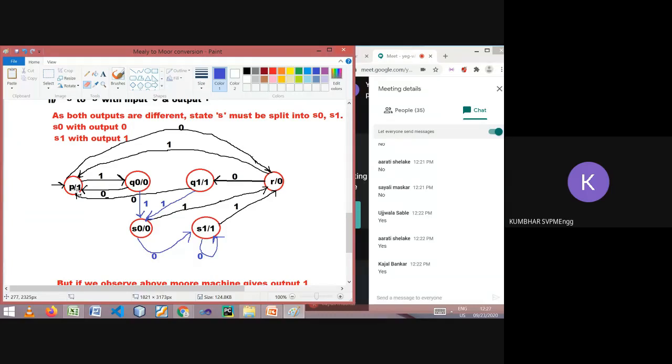Okay, I will just tell you what the changes will be. That is all I will note. See, here now there is only one P state. So outgoing edge 1 is shown from this to Q0. When we split this P into P epsilon and P1, then this edge will be from both. P epsilon will go to Q0 with 1 and P1 will go to Q0 with output 1. Is it clear?